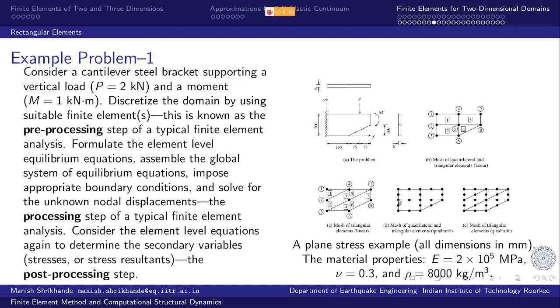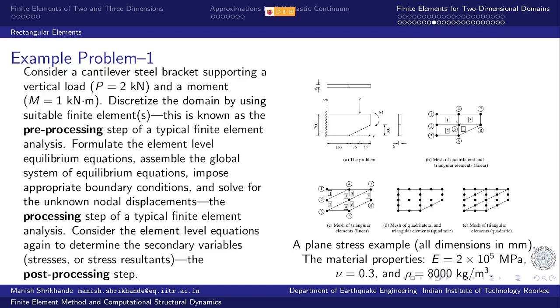Otherwise, I can have higher order elements using quadratic variation for rectangles, 8 node rectangle and 6 node triangle. So that is also possible. Or we can have all through quadratic triangle, 6 node triangles, modeling the entire domain. So that is also another alternative possibility. So all of them are valid meshes, and we will use this for obviously the smallest number of equations, equilibrium equations that we will have.